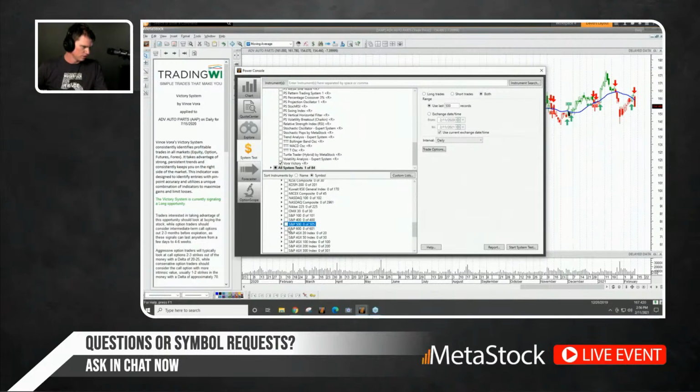Scroll down the list here. We got the S&P 500, so we'll go ahead and just click on that. I'm actually going to up this to 1250 because 500 is only 2 years. This way we'll get 5 years, so we can actually see how well it would have done on both the